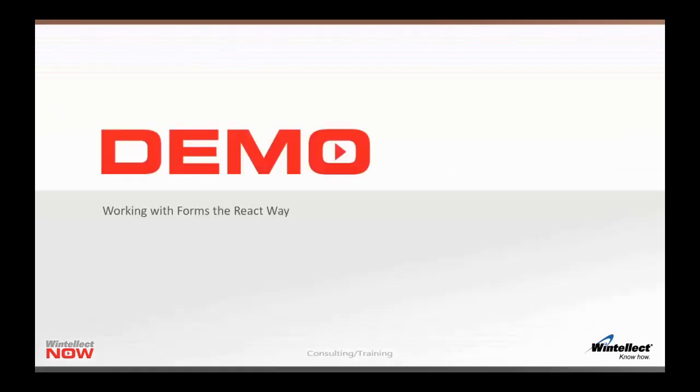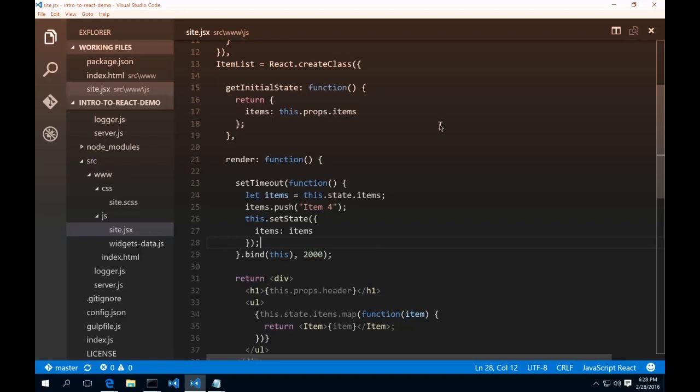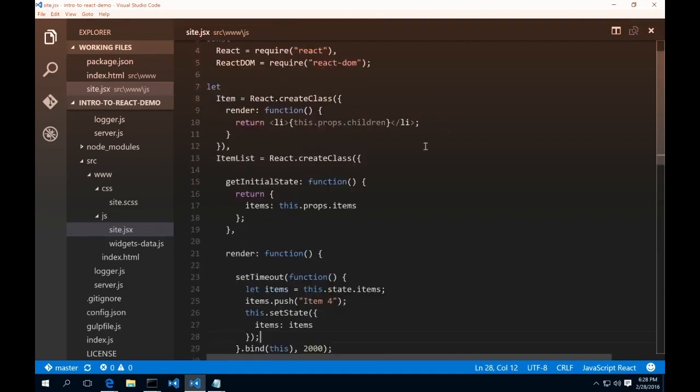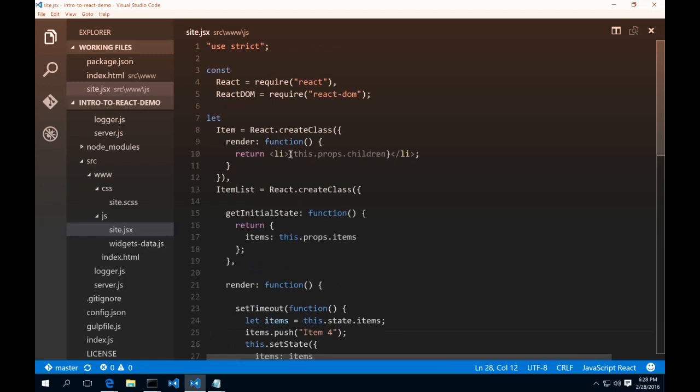So now let's take a look at a demonstration of how we can use forms with React and take a look at how things are being updated through the onChange event and the propagation of state and props. So let's take a look at how we can incorporate a form into our item list here to actually be able to add new items to the list. Now our file here with all of these components is starting to get a little cluttered. And so what we're going to do is we're going to break this out into multiple files. So we're going to be incorporating a little bit of the Webpack module component system to